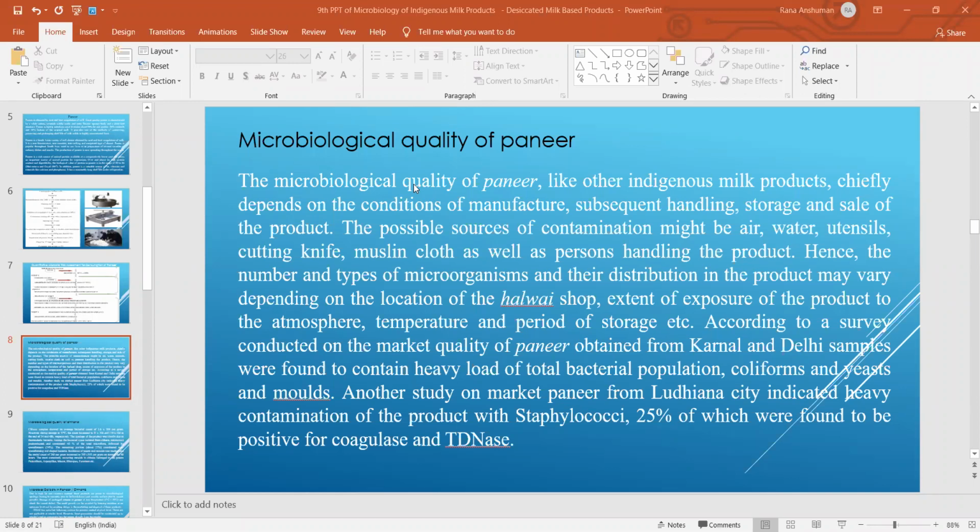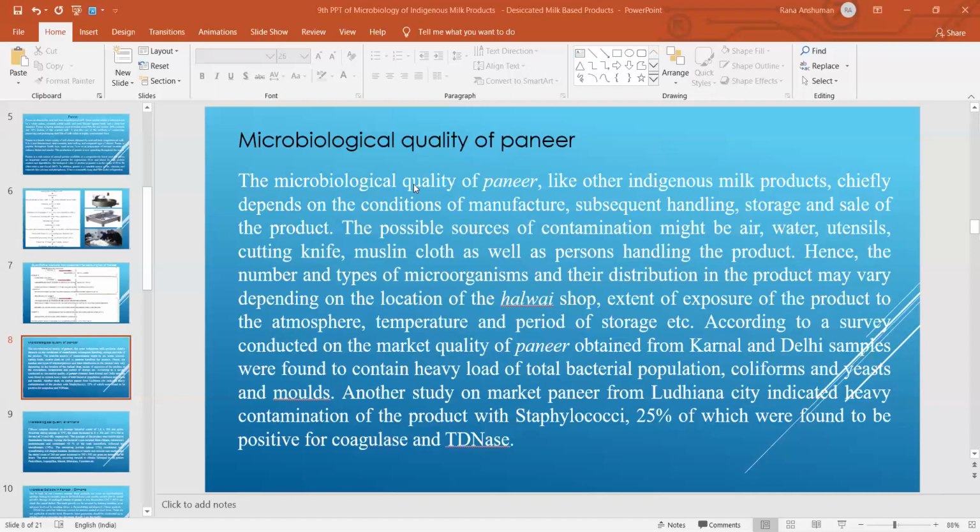How we are maintaining a very good environment, or what type of machinery we are using, or what is the health condition of different dairy personnel. These all are very important, and at what temperature we are storing our final product, what type of packaging material we are using, or what treatment or whatever recommended time temperature combination is suitable for manufacturing operation. If we are maintaining that level, automatically we can minimize the total bacterial load.